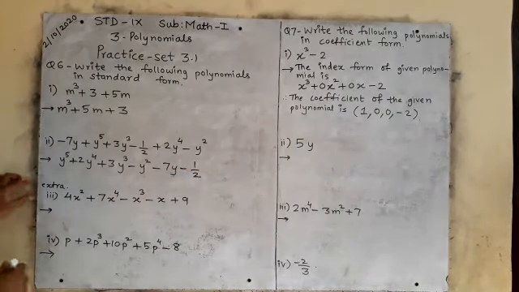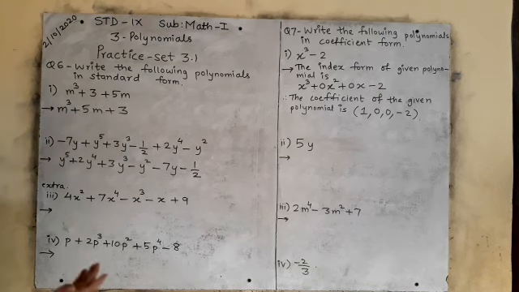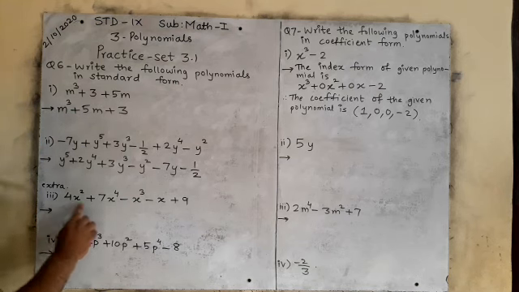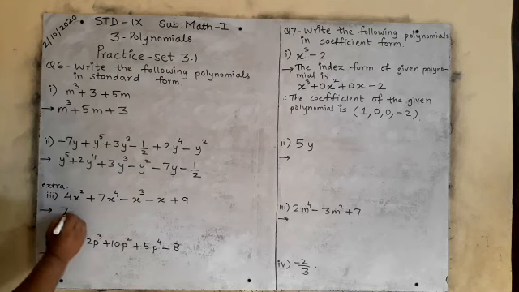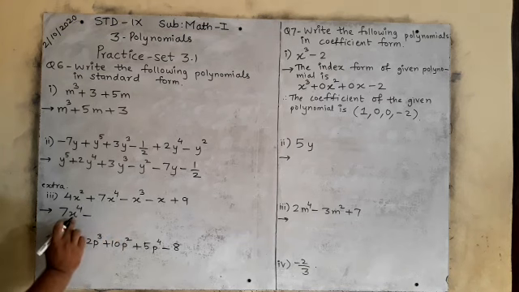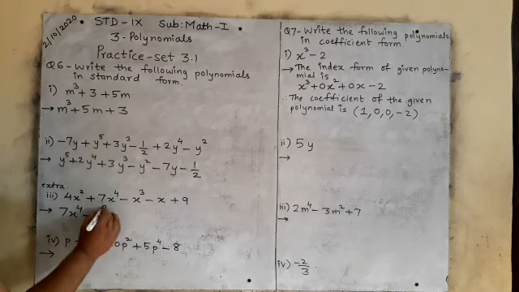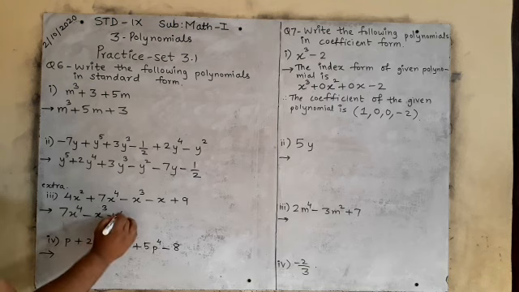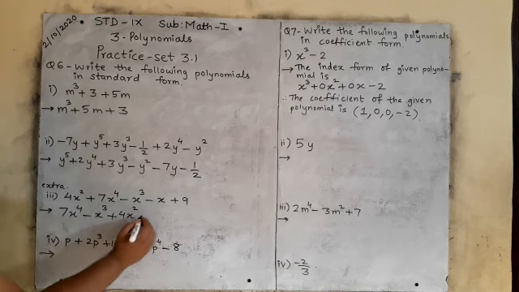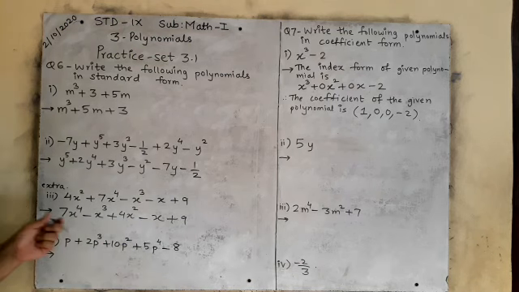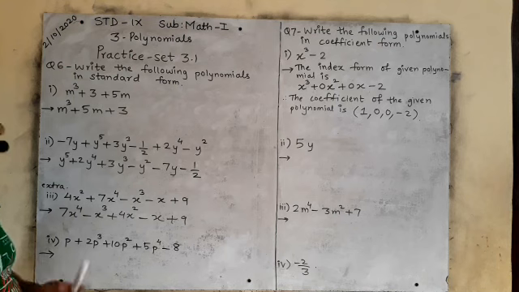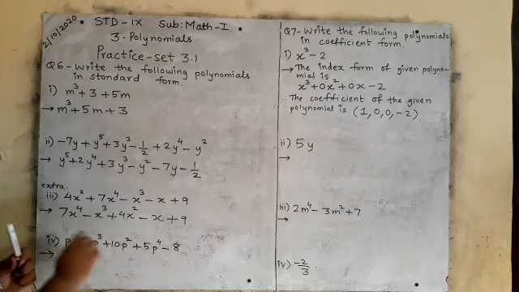Now see over here, these extra questions I have given you from your problem set only. Now see, here x is the only variable. Which term is carrying the highest degree? Here 7x raised to 4. So we will write 7x raised to 4. Which is second one? Minus x raised to 3. After x raised to 4, descending order x raised to 3. Then plus 4x square. Then minus x plus 9. This is how we have to arrange the given polynomials according to their index in descending order.